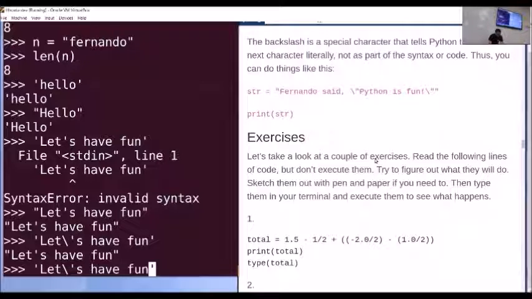So backslash can do a bunch of fun stuff. Not only can it say, hey, treat the next character a little special and take it literally, it can also do some other cool stuff where we'll have backslash and then a specific character that will do some weird things. So with the quotation mark, it says treat this next character like a normal part of the string. But let's say we want to put in here another backslash, and then we put an n immediately after that. Now, backslash n has a special meaning. It means new line. So when Python sees a backslash, it's always going to go, okay, something weird might happen next. And if it sees an n, it's going to treat this like a